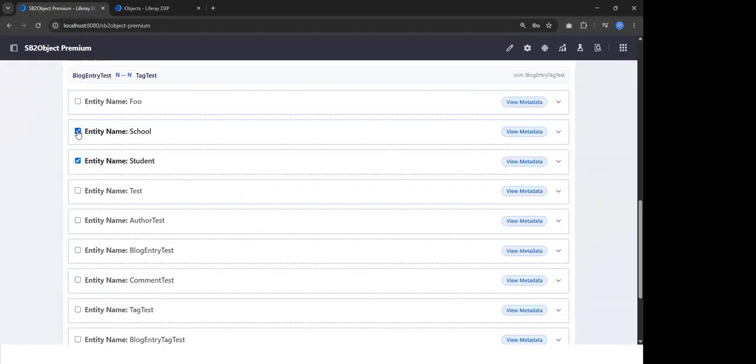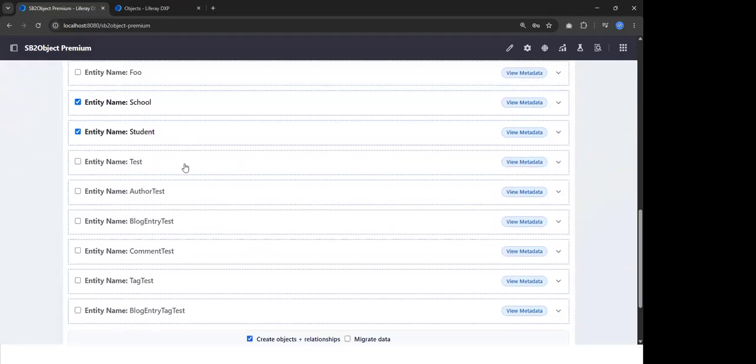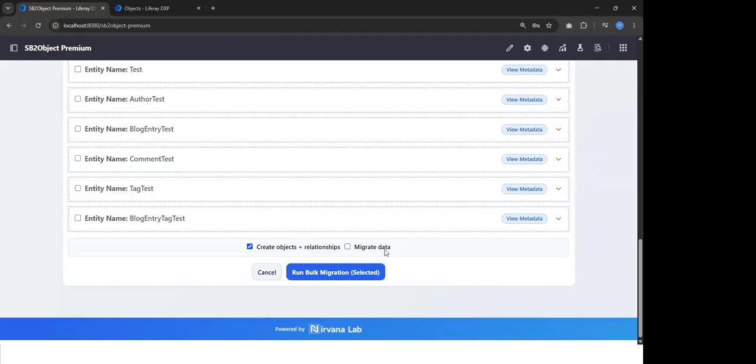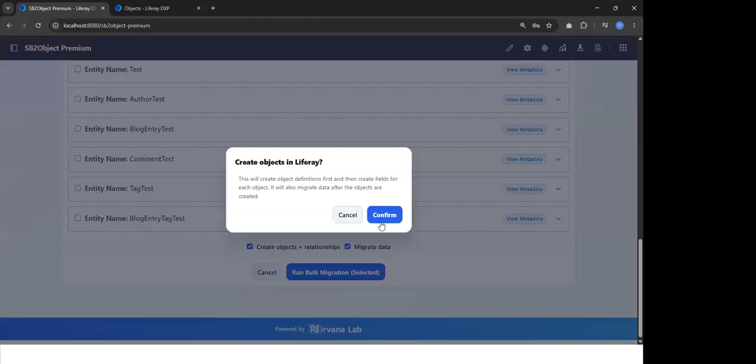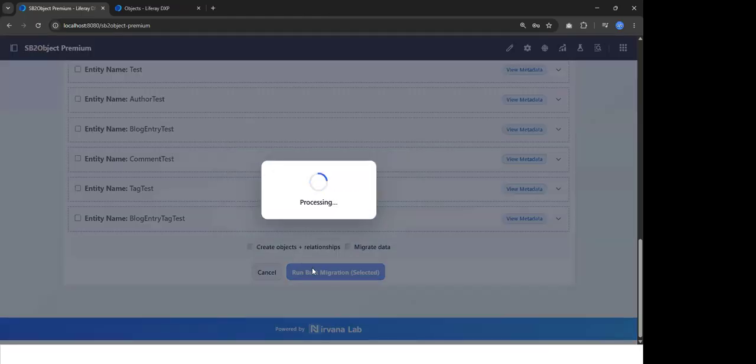Now as soon as I select both school and student, we have two relations. In the basic version, we are just creating the objects, but in the premium, we are allowing you to add the relationship as well. So here I just want to select create object and relationship and also migrate the data, right? If I run the migration,